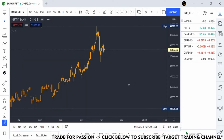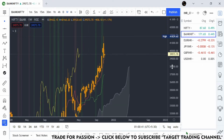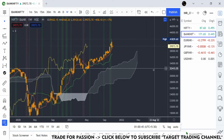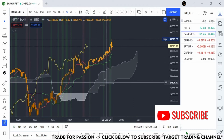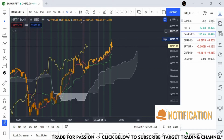Let me take a look at the weekly chart first, and overall it looks bullish based on the Ichimoku strategy. The price is above Tenkan-sen and Kijun-sen, above the cloud, and Chikou span is above the candle. So overall it looks bullish,